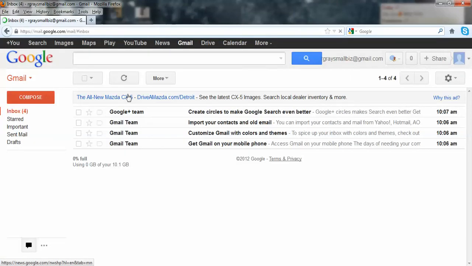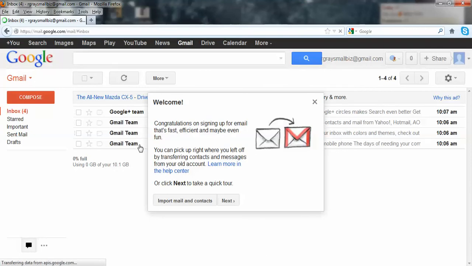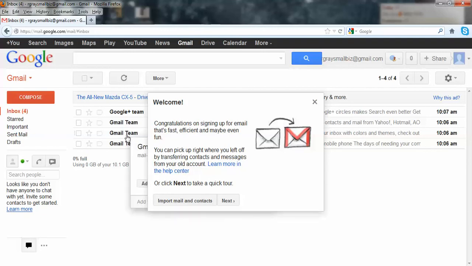You can see already that I have some emails, and these come from the Google team, the Gmail team. And so you can choose to read those. Those are most likely emails about how to get started and how to begin to interact with the Gmail system. So you'll see this welcome message that says, congratulations, you have signed up for a Gmail account. And you can use this feature here